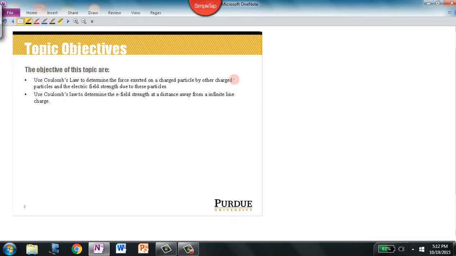So in this situation, what we're going to look at is basically the effect of protons and electrons in the space that surrounds them. And in this example, we're going to apply Coulomb's law to an infinite line of charge, which is a pretty good approximation of a current carrying wire. So if you can think of having a wire, there's a lot of electrons flowing in it. Therefore, we've got an infinite line of charge, and we want to know, well, what's the electric field at any distance from that